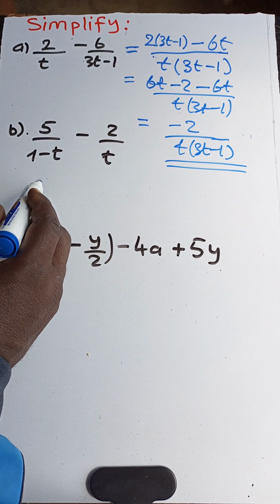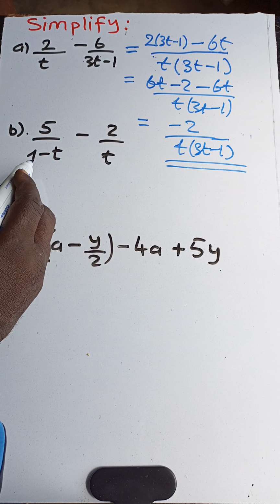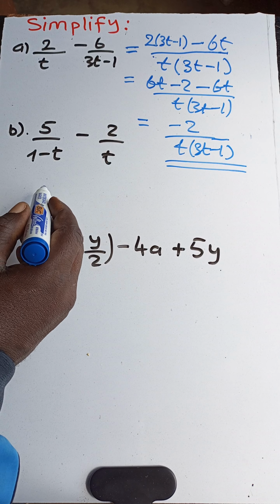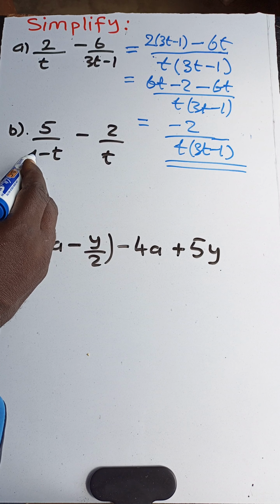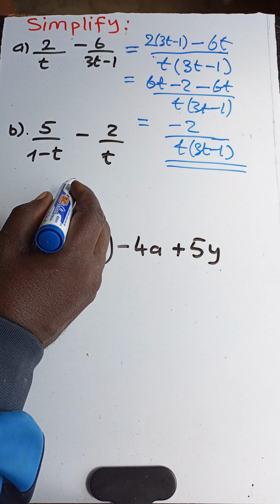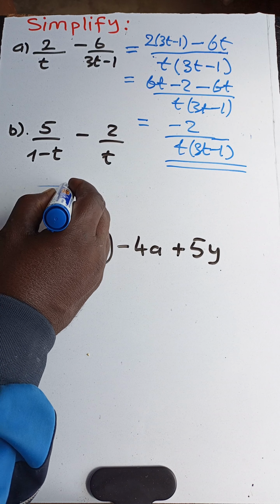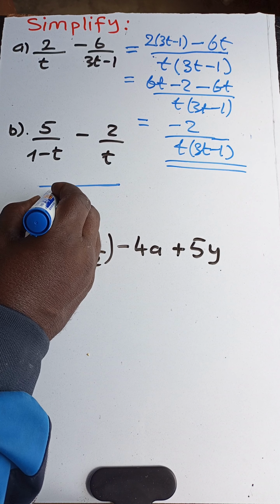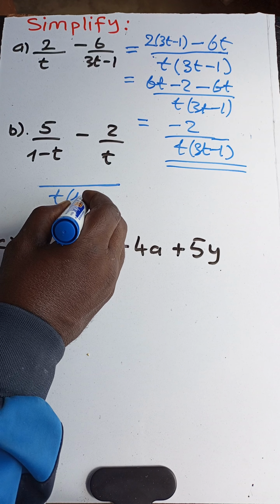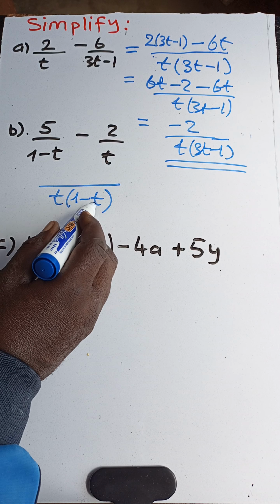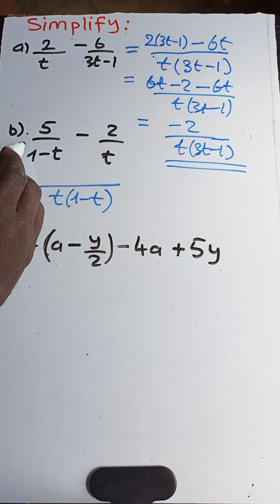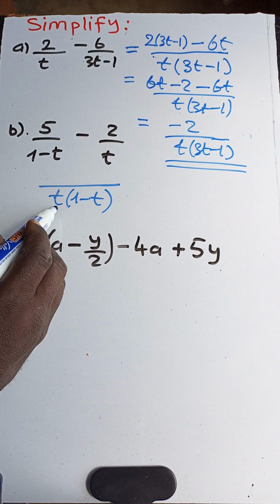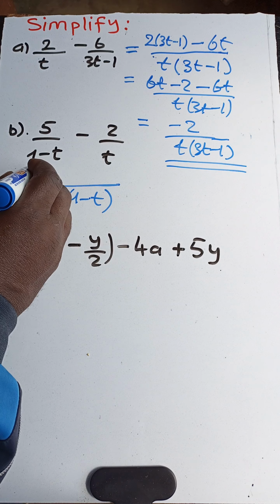Okay, now let's take the second exercise. We have 5 all over 1 minus t minus 2 all over t. The process is the same. We look for the LCM of 1 minus t and t. Okay, so the LCM again is simply the product of 1 minus t and t. So write t into 1 minus t. This divided by that, you can just do it mentally. 1 minus t cancels 1 minus t. So we're left with t. t multiplied to 5 is 5t